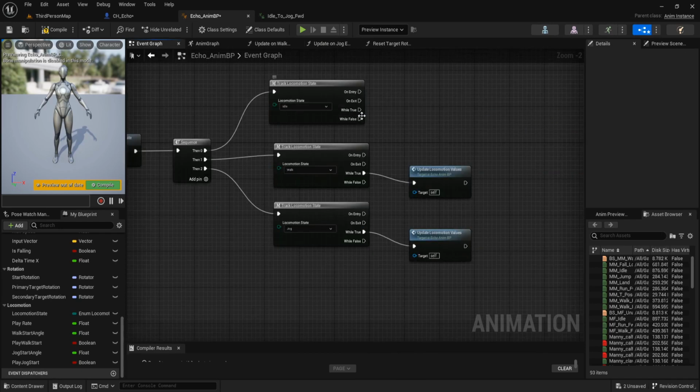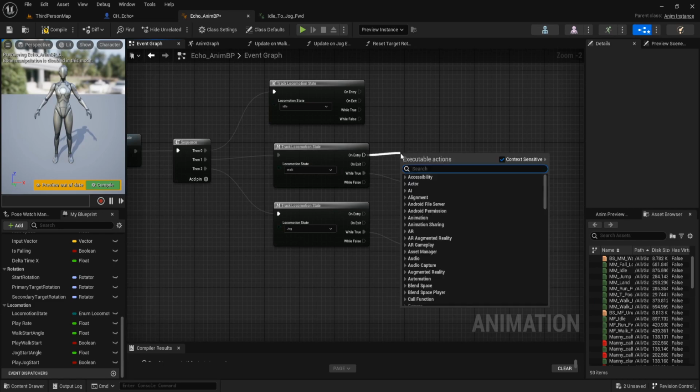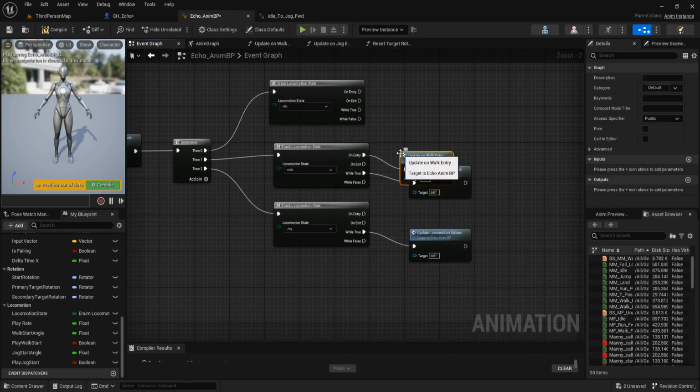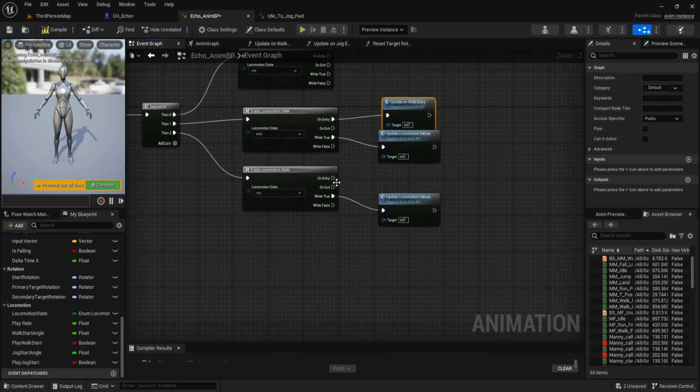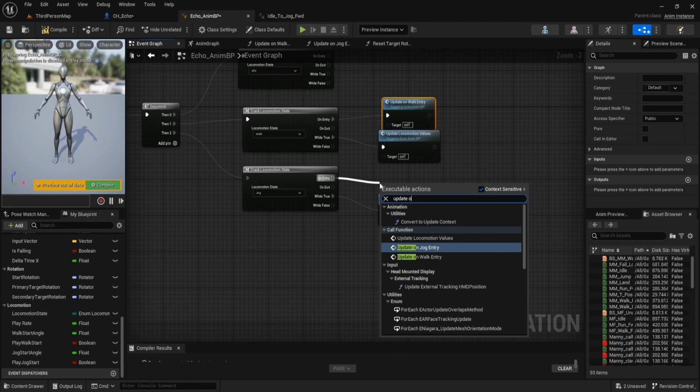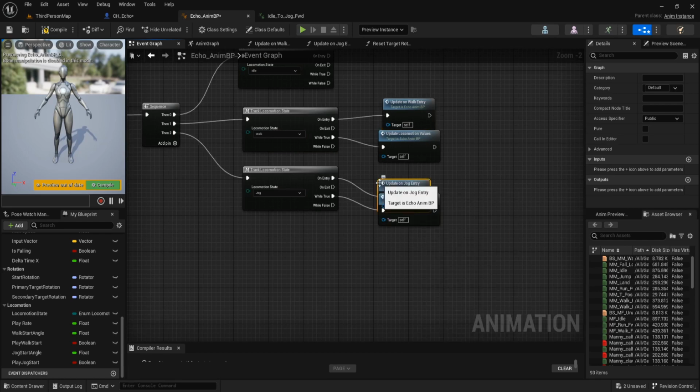Go to event graph. On the track locomotion state of the walk on entry, we call update on walk entry, and this one update on jog entry.